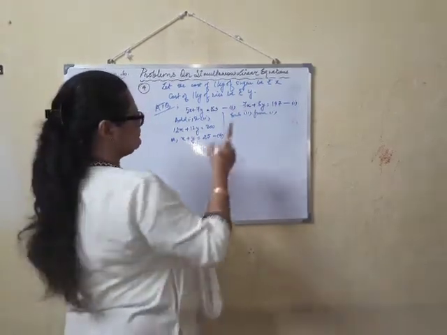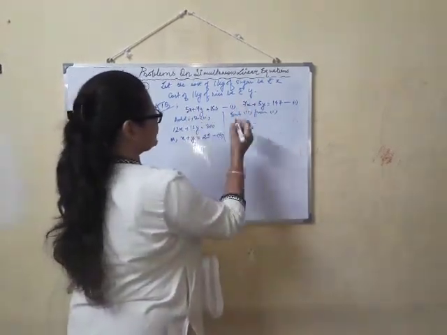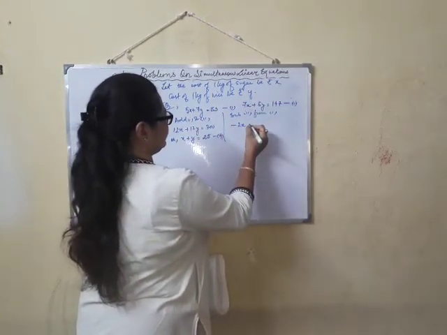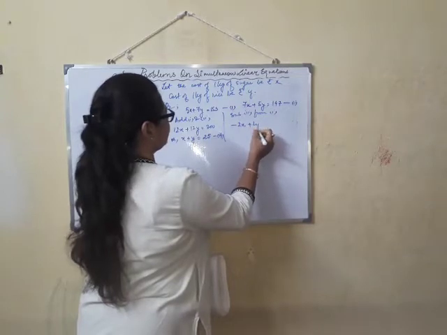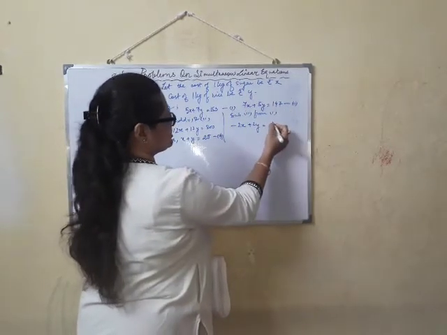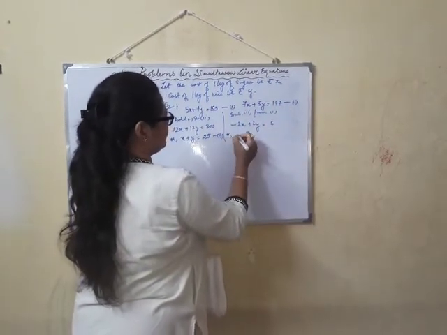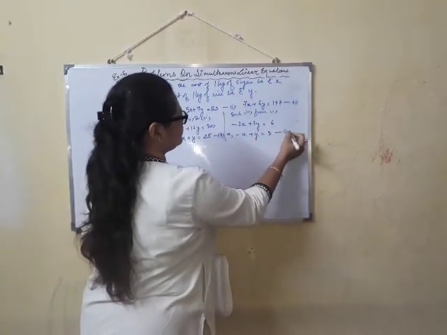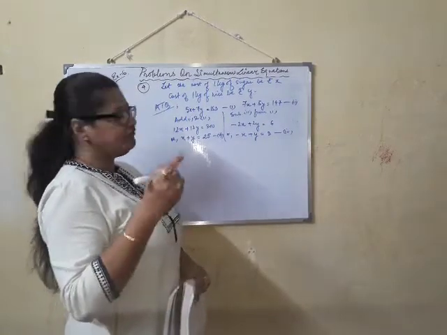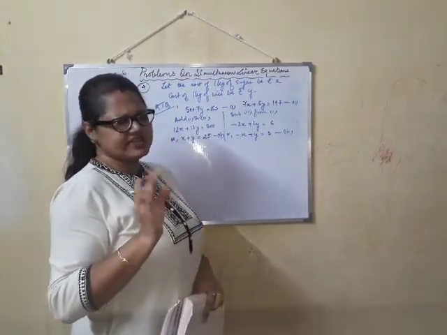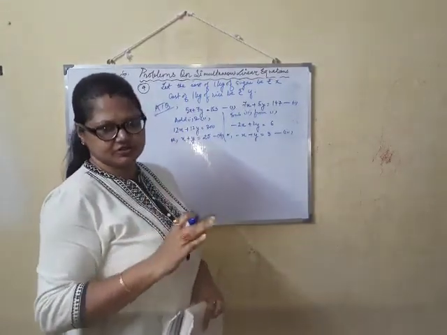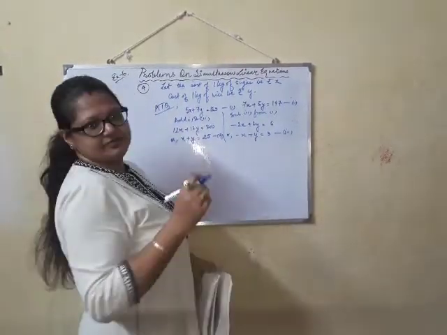Okay. Now when we subtract, what do we get? 5x minus 7x. That means minus 2x, 7y minus 5y. That is plus 2y is equal to 153 minus 147, 6, or minus x plus y is equal to 3. So this is the fourth equation. Okay. Now we are going to solve it with any of the methods as you wish. You can use elimination, you can use substitution, you can use cross multiplication. I am using elimination method.